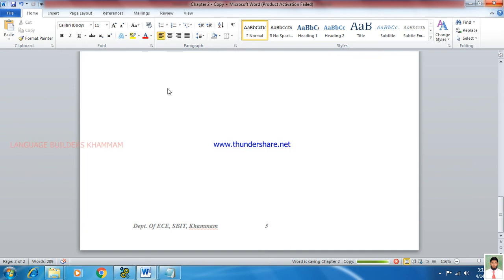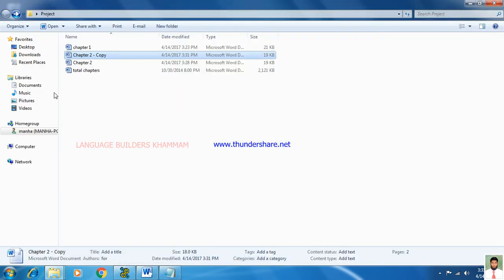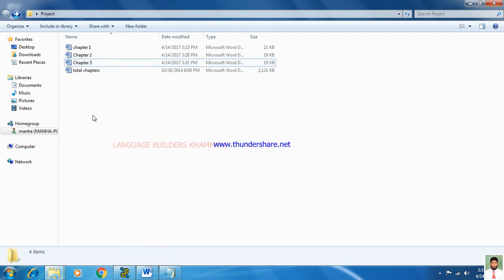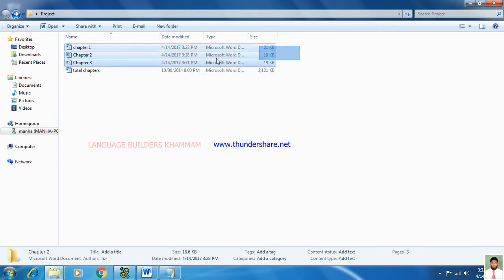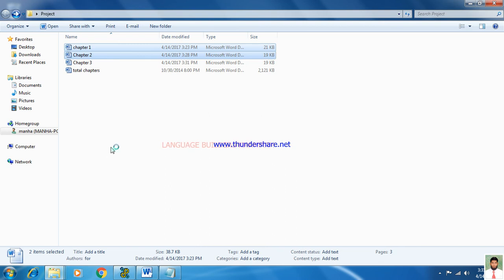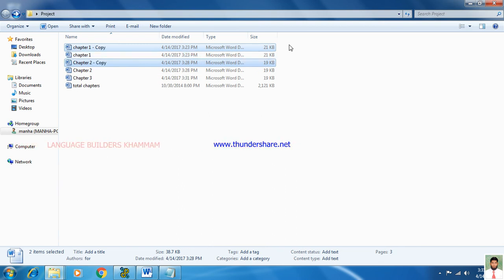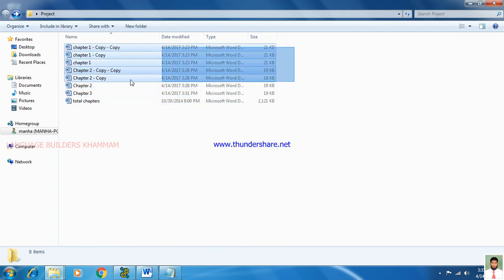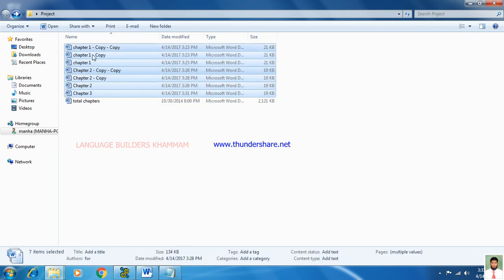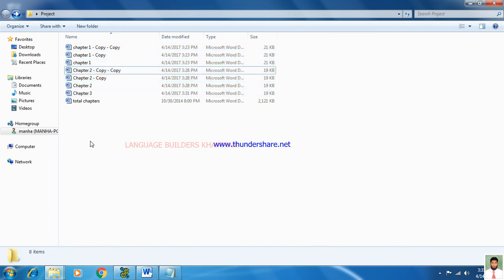Likewise, you can do all the chapters in a single folder, like chapter 1, this is chapter 3. You can do chapters 1, 2, 3, 4, 5, 6 up to 7. Say I have created all. So these are chapters 1, 2, 3, 4. For example, these are the 7 chapters of your project documentation. Now the next step is